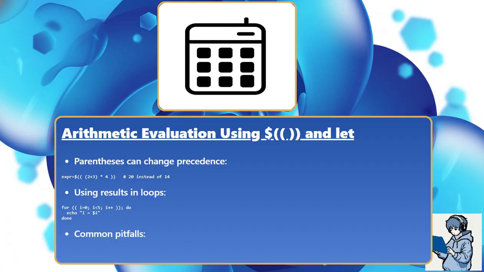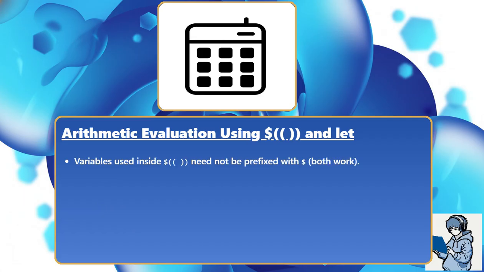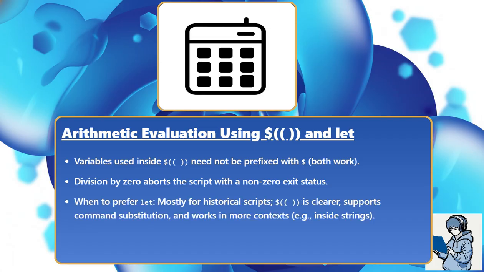Common pitfalls. No spaces are required inside double parentheses. Spaces are allowed but ignored. Variables used inside double parentheses need not be prefixed with the dollar sign; both work. Division by 0 aborts the script with a non-zero exit status. When to prefer let: mostly for historical scripts. Double parentheses is clearer, supports command substitution, and works in more contexts,